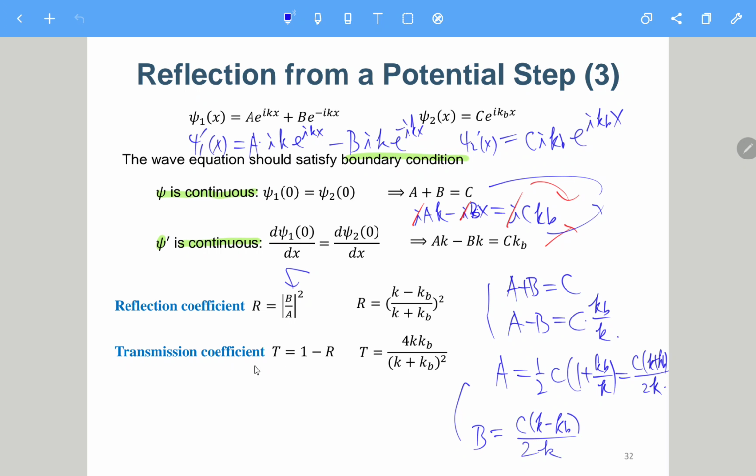And then we have the transmission coefficient, because the particle either goes through or reflects. So 1 minus this refraction coefficient is the transmission coefficient, which is 4kkb over k plus kb, quantity squared. So this is the transmission coefficient. Okay. So let's take a